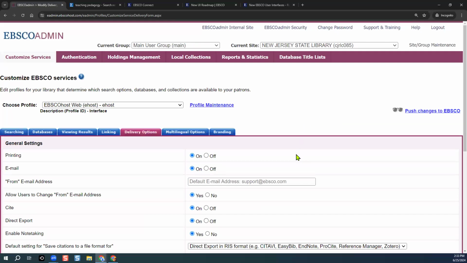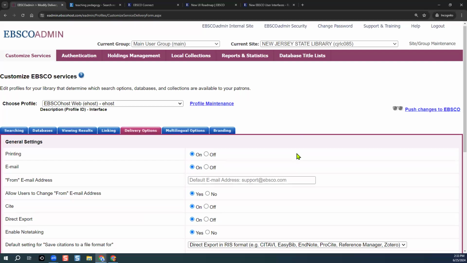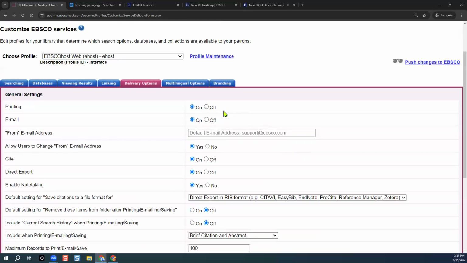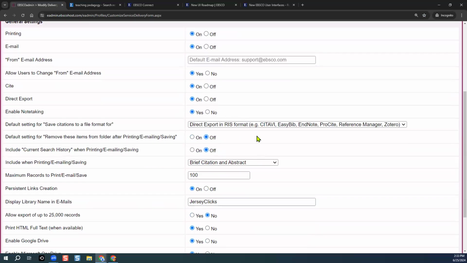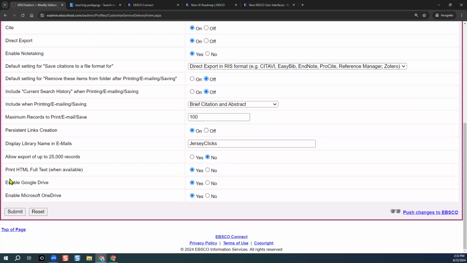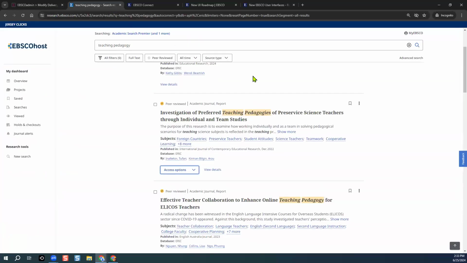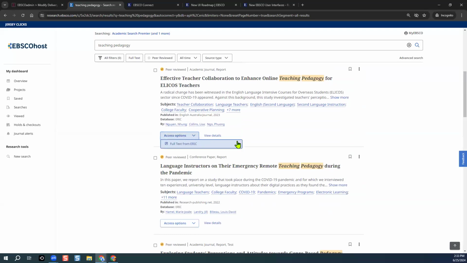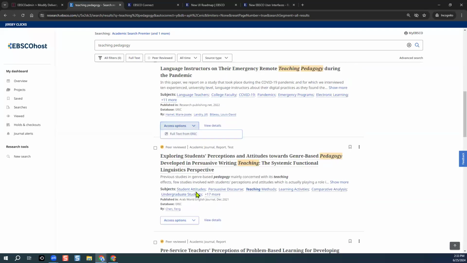This controls the tools that are enabled on the full text resources in EBSCOhost. So if you want to enable printing or emailing, citation, Google Drive and OneDrive, I'll show you how that appears on the front end. Let's see if we can take a look at an option from, not